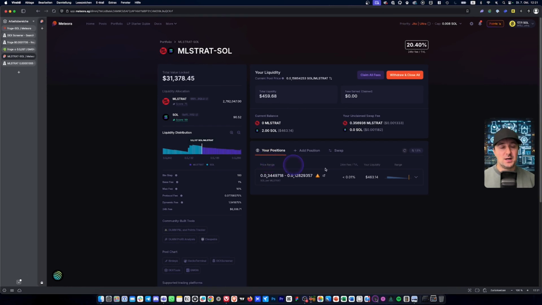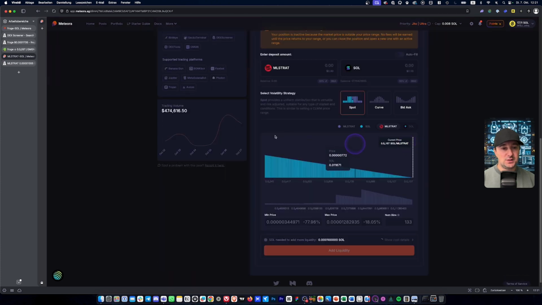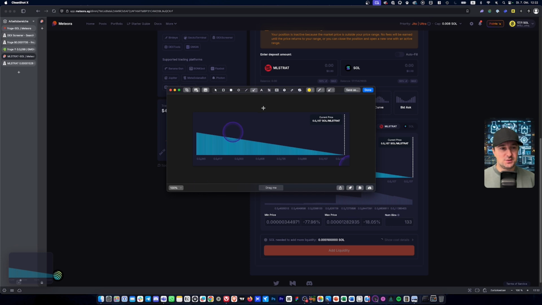Next tip, how to understand the liquidity distribution chart. This is where you see your actual position and liquidity distribution and your strategy you decided to choose for the exact pool. And the trick is, because it's horizontal, we can just simply flip it,